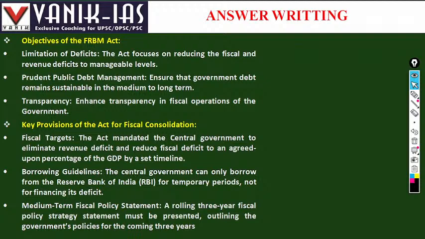The fiscal target: the Act mandated the central government to eliminate the revenue deficit and reduce the fiscal deficit to an agreed upon percentage of GDP by a set timeline. Borrowing guidelines: the central government can only borrow from the RBI for a temporary period, not for financing its deficit. Medium-term fiscal policy statement: a rolling 3-year fiscal policy strategy statement must be presented, outlining the government's policy for the